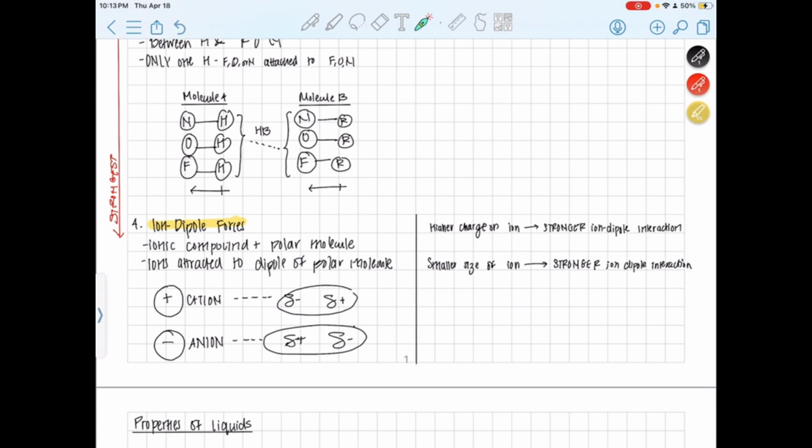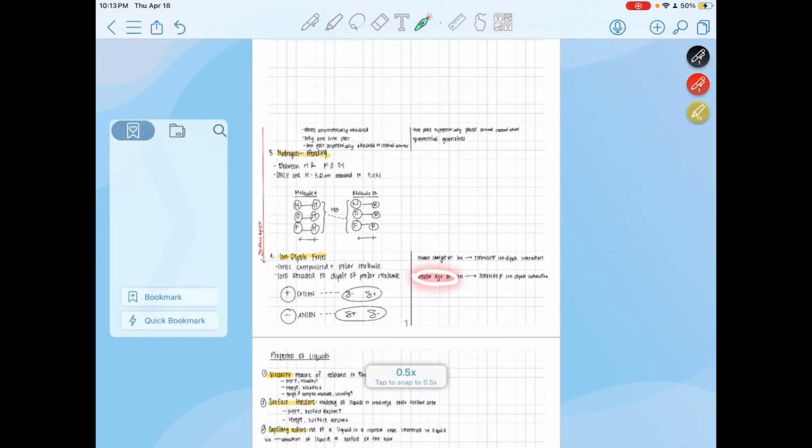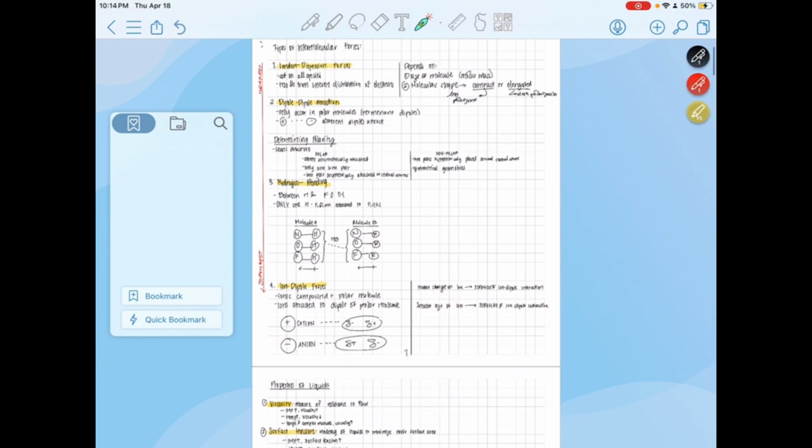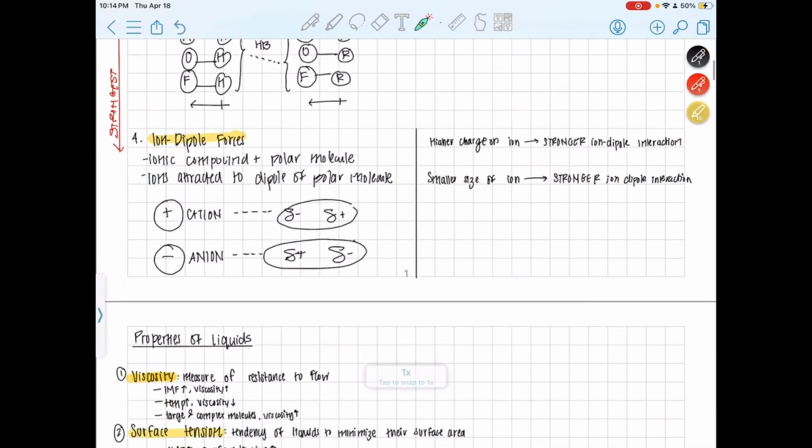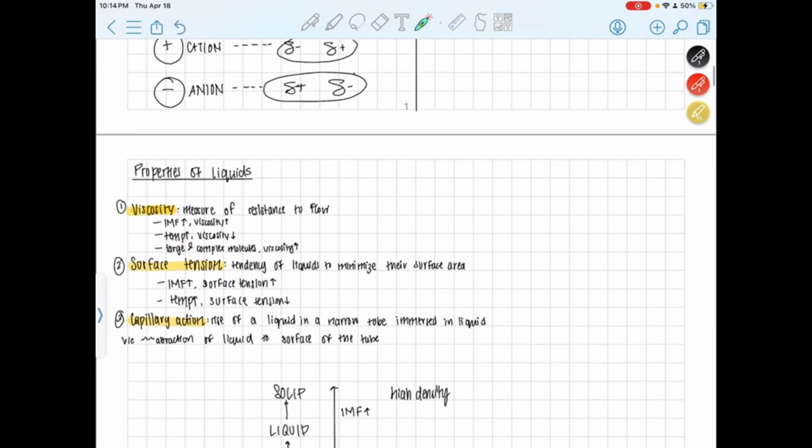The smaller the size of the ion, the stronger the ion dipole attraction. Again, with a smaller size, as we saw here, they are better for dipole attraction. Properties of liquids include viscosity, which is the measure of the resistance of flow. As the intermolecular forces increase, meaning the molecules become more closely bonded to each other, we see that viscosity increases,